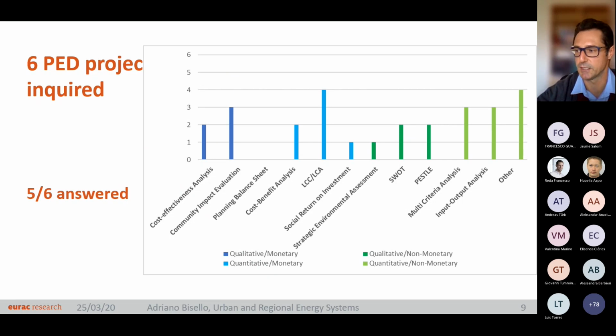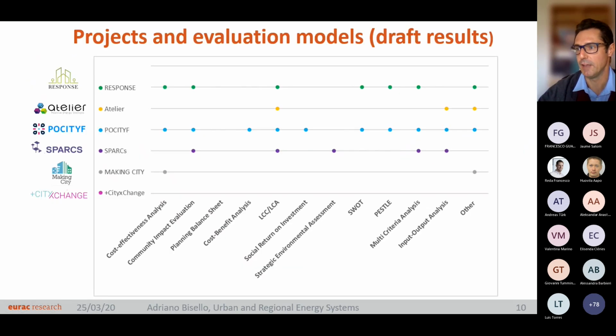You see here in this chart the distribution of the different approaches. So there is, let's say, quite heterogeneity in the approach, and quite all the different approaches are represented, except for the planning balance sheet, but that was quite clear because it's not a very well known and exploited assessment tool. If we look more in detail, these are draft results, so not yet completed, not yet double checked